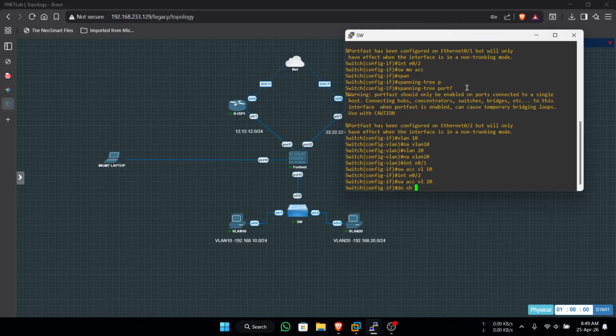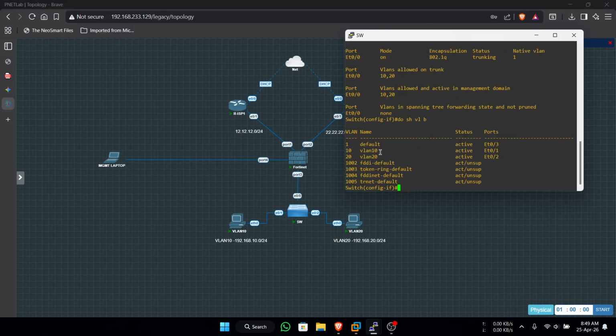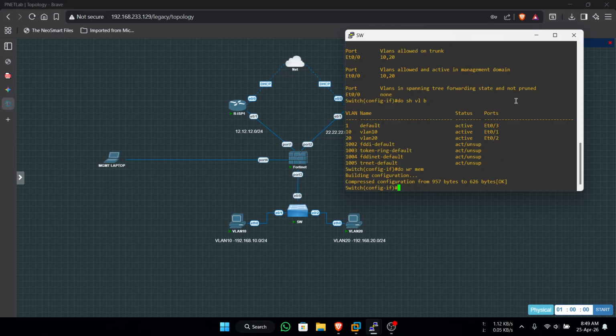Then you show interface trunk to make sure it just allows VLAN 10 and 20. Show VLAN brief. Okay, make sure every VLAN is correct. Then you can do write memory or save the configuration.